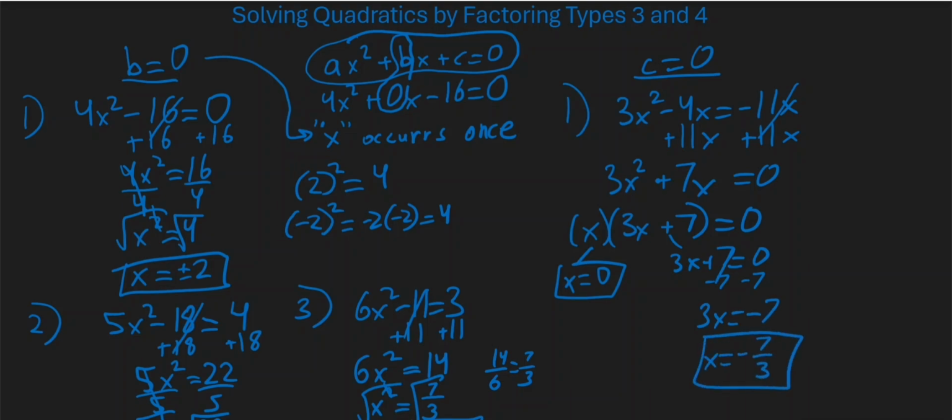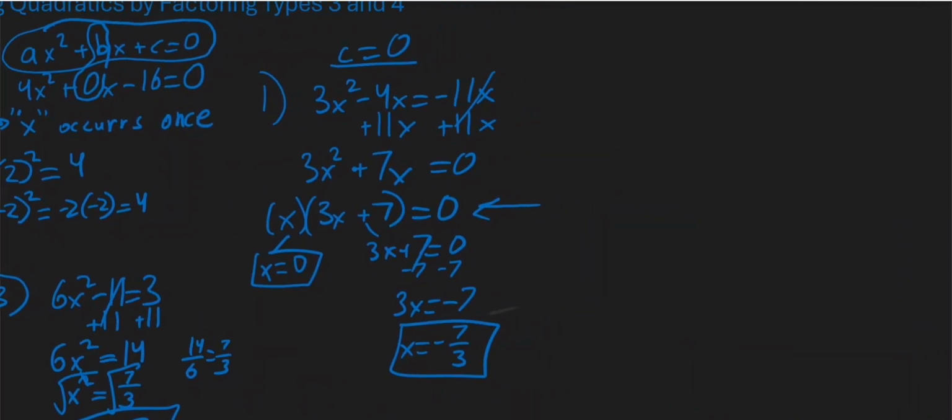All right, so in this step right here, everything is pretty much factored, right? So the first factor is x, and the second factor is a 3x plus 7. And once you have a factored quadratic, you just have to set both of your factors equal to 0 and solve both equations. All right, that's number 1. So number 2,